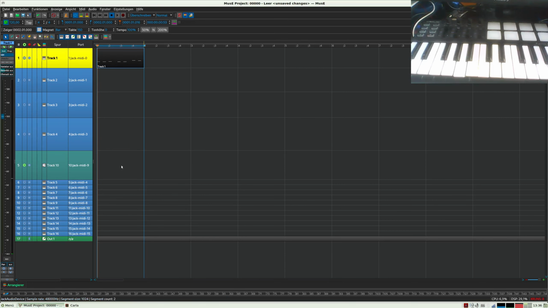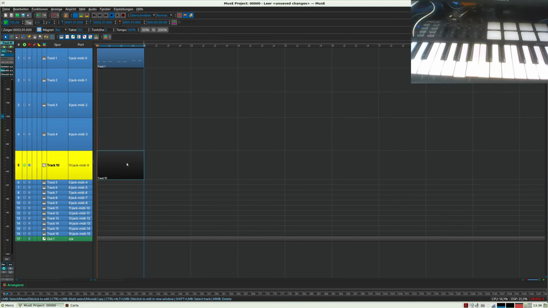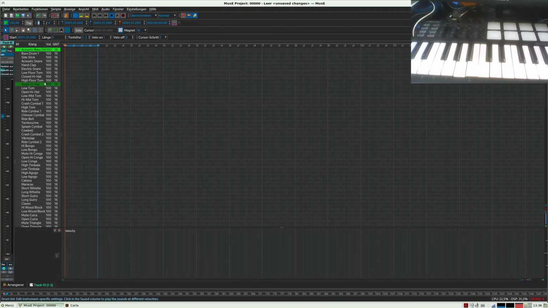So I go to the D key and put in here a pattern, double click it, and I have changed this MIDI thing to drum synth.